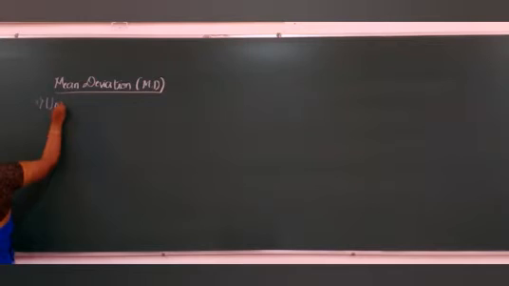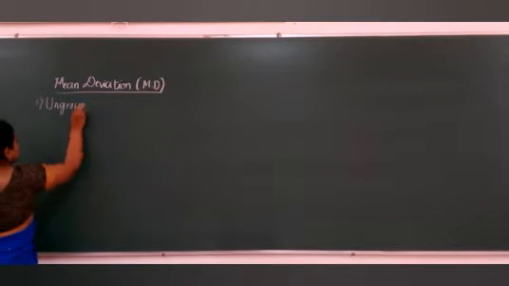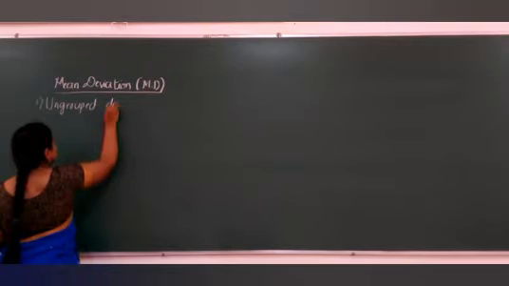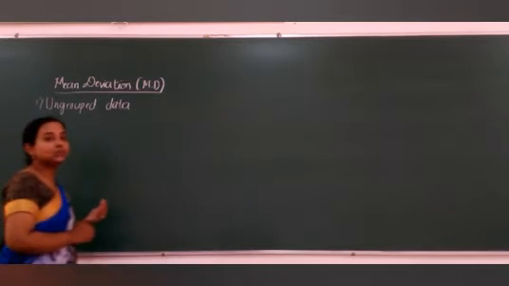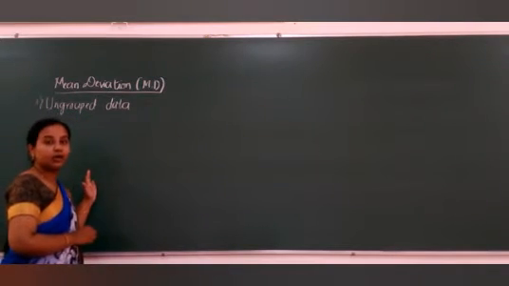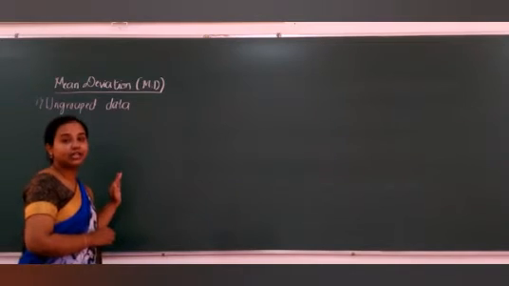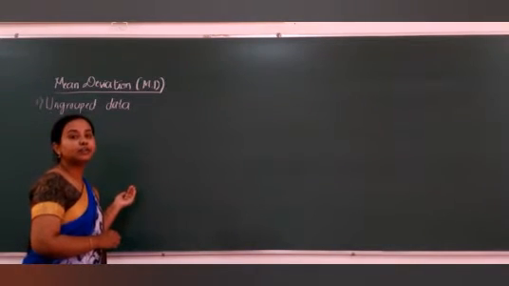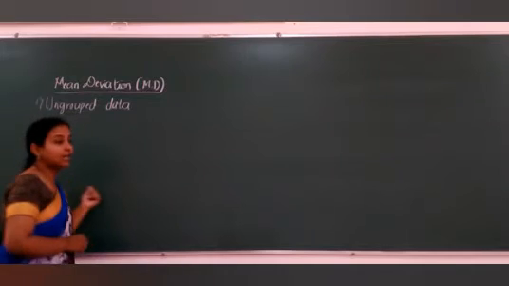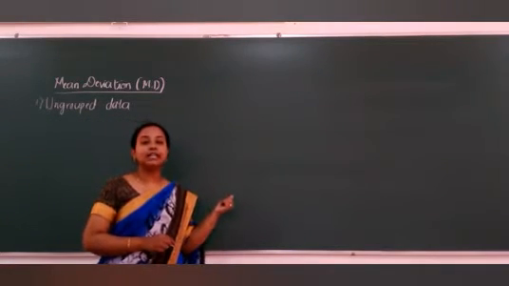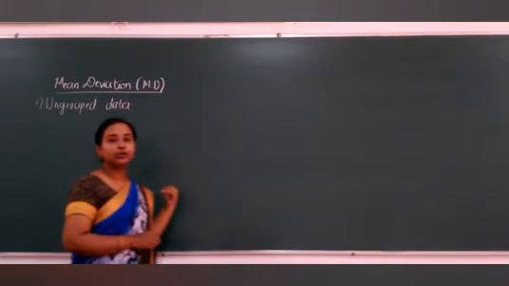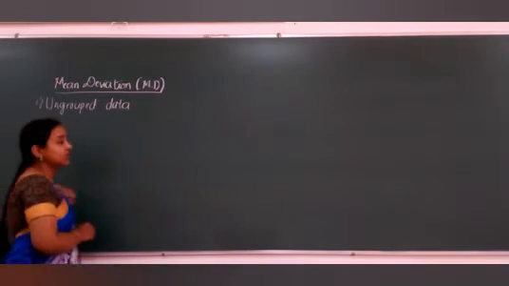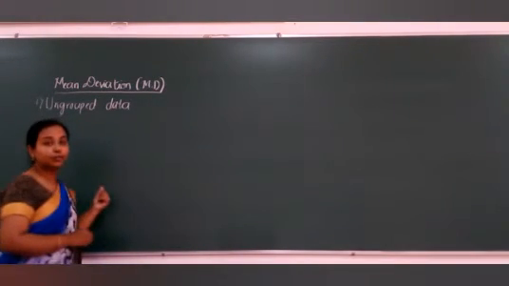Okay, so now first one we will consider here is ungrouped data. So let us recall what is ungrouped data. The name says ungrouped, that is it is not at all grouped. So it is just what? It is just written. Okay, so that is it is just collected and written. So such a data it is nothing but ungrouped data. Okay, so raw data, the without anything, if it is not written according to order, then it is nothing but a ungrouped data. Okay, so now let us learn what is the mean deviation for an ungrouped data.